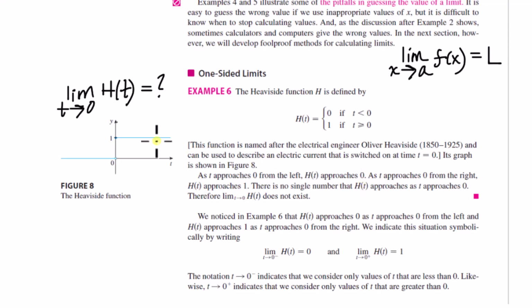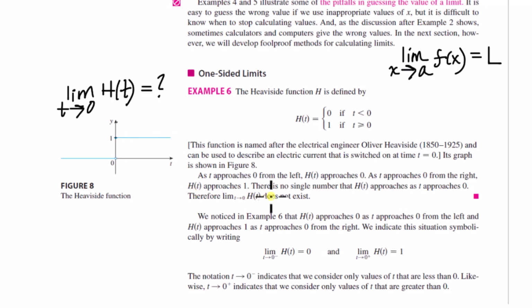And then similarly, if we think about approaching 0 from the right, so you're plugging in positive 0.01, positive 0.001, positive 0.0001, a thousand zeros then 1, a trillion zeros then 1, every one of those outputs would be 1 over and over again. In this case, we could plug in exactly 0 and we would get 1, but that's irrelevant. We don't care about what's happening when evaluating limits. We don't care about what's happening at the limit value itself. So we would be seeing over and over and over again the value 1, no matter how close we got to 0 from above. So the limit as t approaches 0 of h of t coming from above 0 is